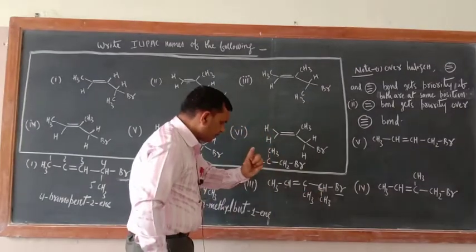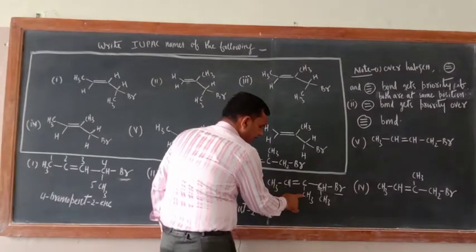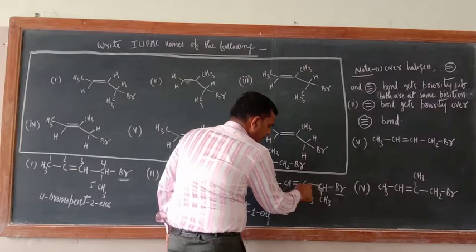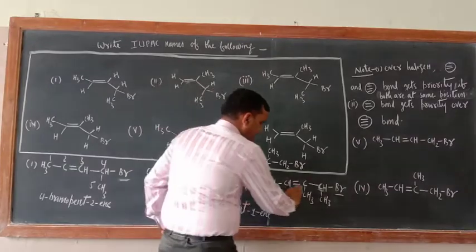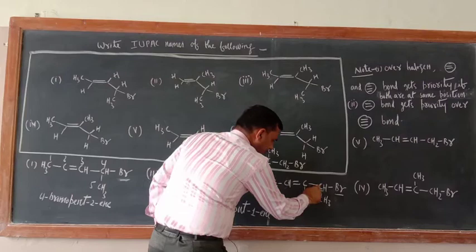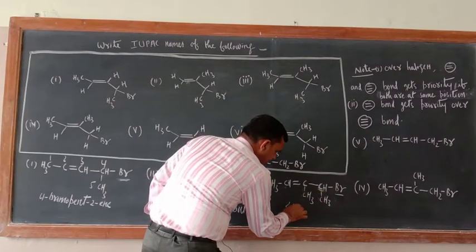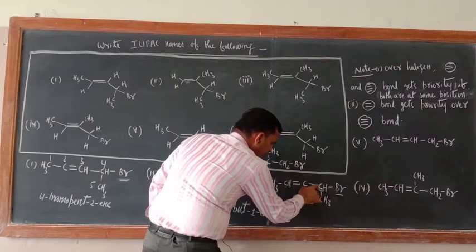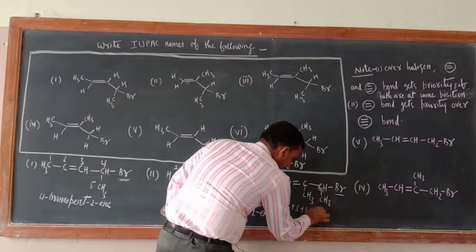The locant rule should also be upheld. So just see here, 1, 2, 3. At 3 number a methyl group will come. Here also 1, 2, 3, at 3 number a methyl group will come. So the locant rule should be seen. Suppose you are starting from this side: 1, 2, 2, then 2 plus 3, and at 3 number the double bond is also there. So plus 3, total is 8.